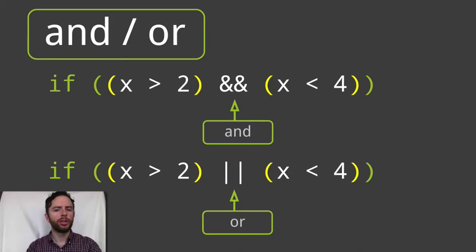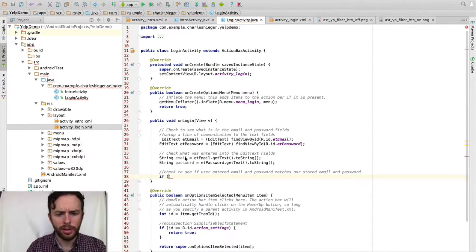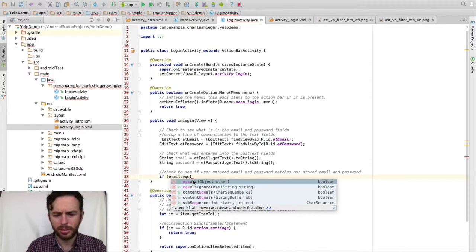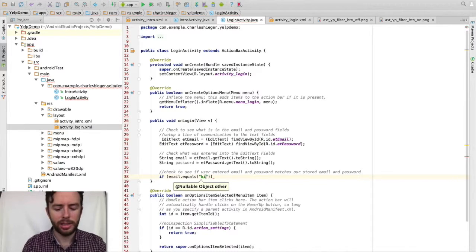For ours, we want to use an AND statement because we want to say if the password is correct and the email is correct, then we will run, not just one or the other. Okay, so now let's create our if statement to check the password. So if, I'm going to use our variable here we created, email, and a method called dot equals. So if it equals whatever email you want. And so the email I'm going to write is Kingsley's email,